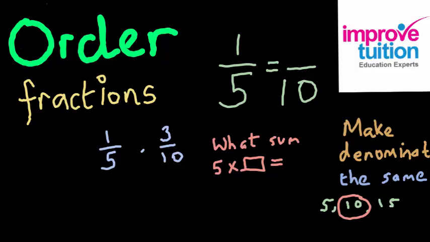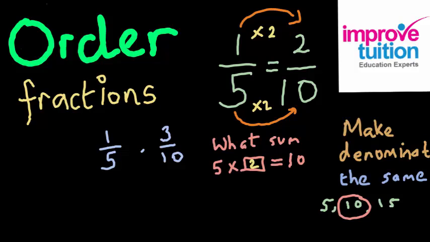So what sum do we need to do to give us 10? 5 times something gives us 10. So 5 times 2 equals 10. So 1 times 2 equals 2. So 2/10. So 1 times 2 is 2 and 5 times 2 is 10. So it's 2/10. So 1/5 equals 2/10. Now we're in a position to compare 2/10, which equals 1/5,